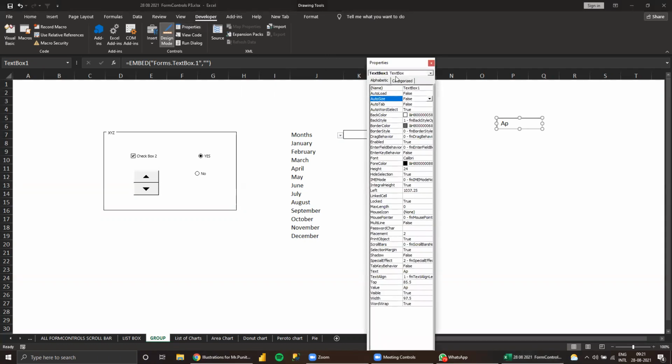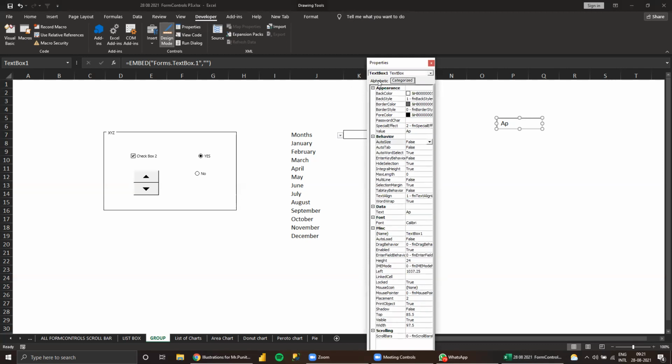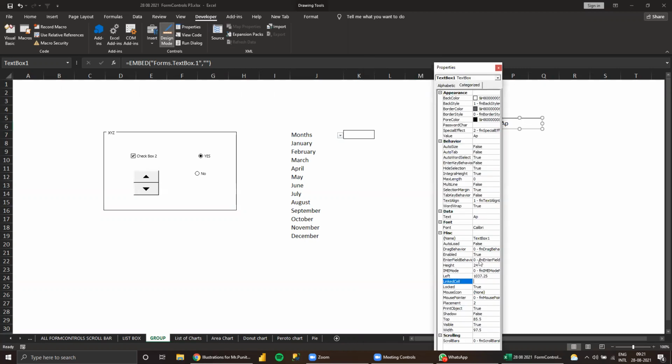When you get the properties, you see the text box sheet is there. So the text box setup, you need to do this. Click on the text box. Then when you go down slowly, we can see the linked cell here.